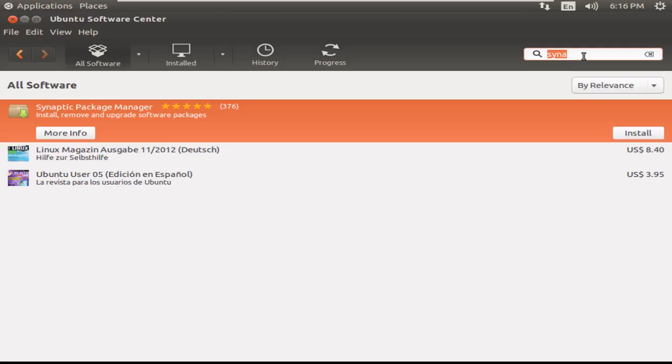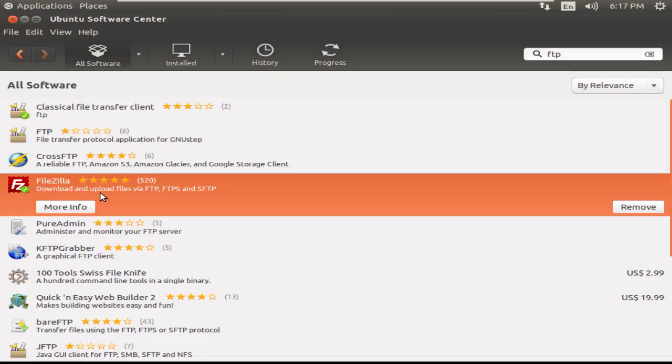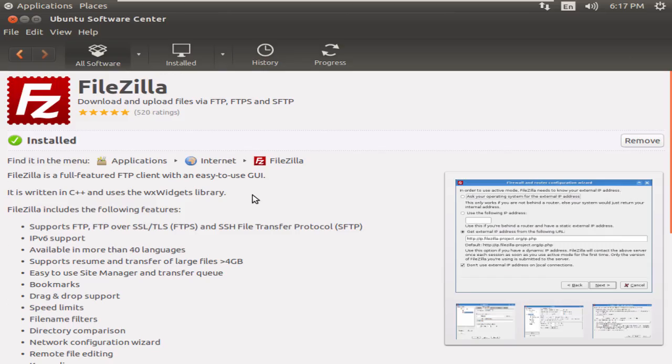So coming back to the FTP client, let's type in FTP and see what options we have got. I would recommend this one, FileZilla. If you click on more info, it's not a big file, it's just 7 MB. I have already installed it. So once you come over here, I can remove it as well. If I remove it,